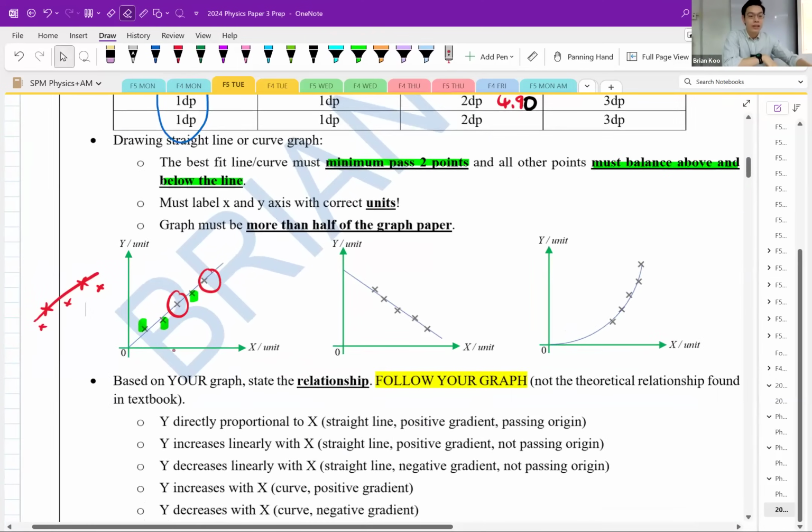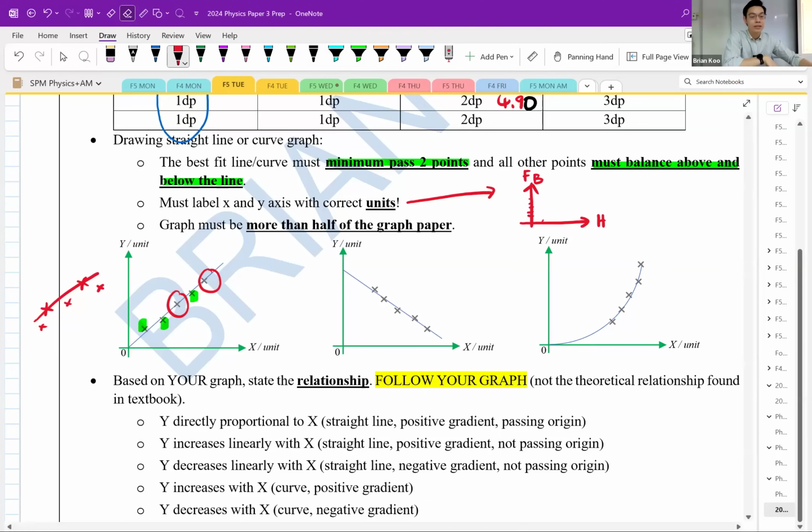And sometimes you all get very excited to put the points. So you happily go and put, let's say depth is H, or maybe they use D, I do not know. Then you put FD. And then, okay, let's say you put down the scale. What is missing still? Before I start plotting, what is missing? The units. I want you to know that if you never even plot any points, the unit will already give you marks and the proper label and the proper scale. Like that already got marks on, sometimes 1 to 2 marks.